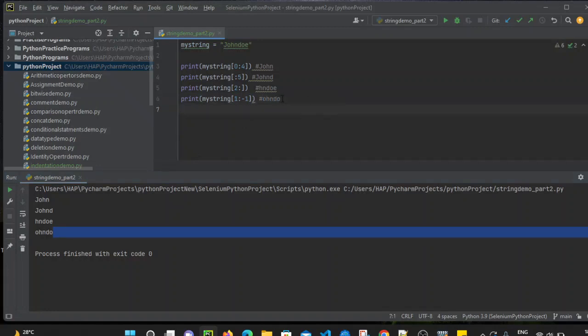And one more example which we can see. For example, let's say if I use 2 here as the starting position and end index I am putting as -2. So it will start with 2, that is 0, 1, 2, that is H, the starting point is H, and it will go up to D, right? So 0, -1 and -2. So it will go up to point D. So it should print O, H, N and D. Let's execute this file.